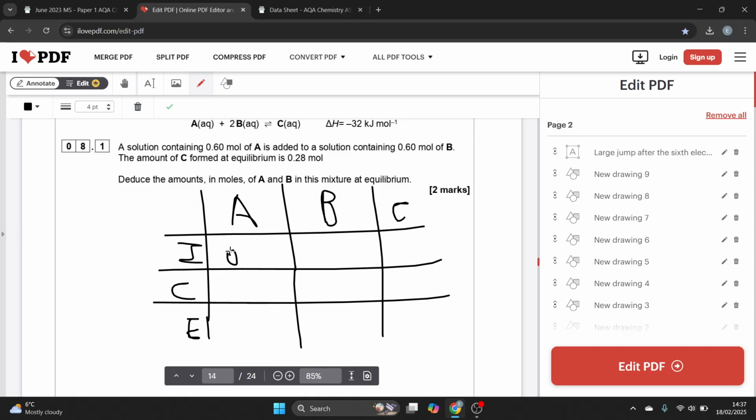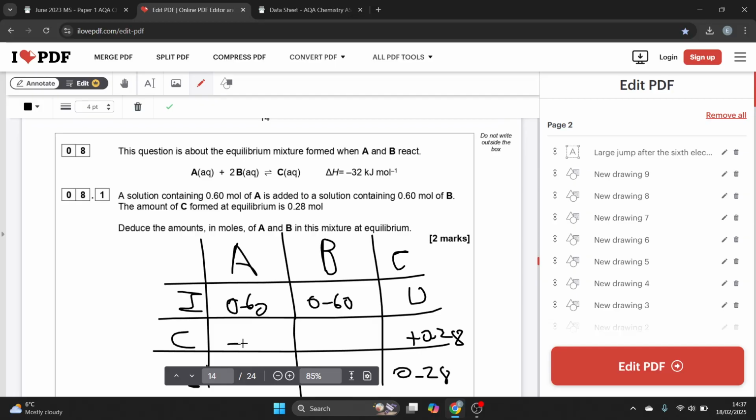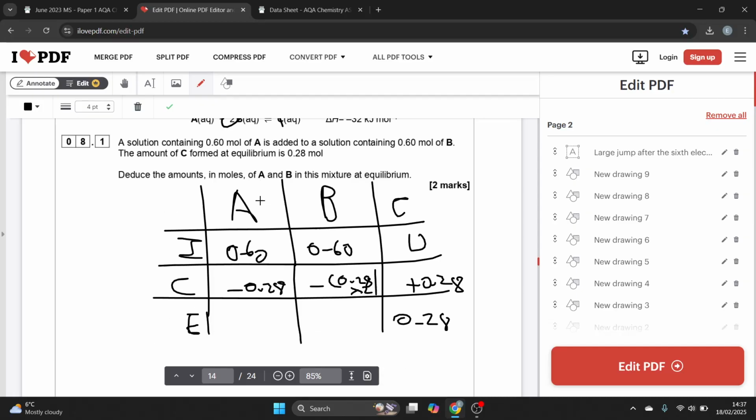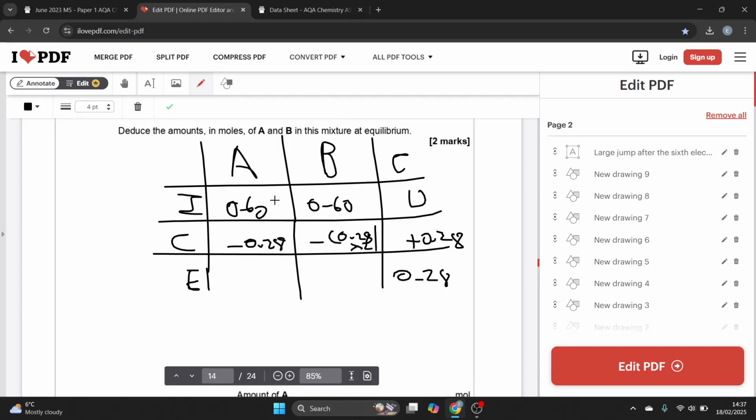So initially I've got 0.6 moles of this. Amount of C is 0 because I've got equilibrium moles of 0.28, so I'm adding 0.28. And for the others I'm going to minus 0.28, and minus 0.28 times by 2 because it's a 2 to 1 mole ratio. So 0.60 minus 0.28,